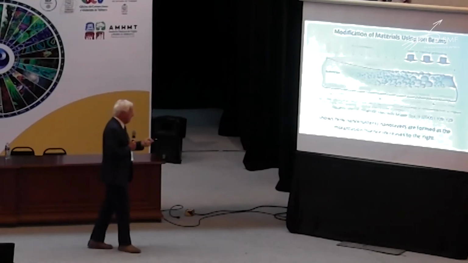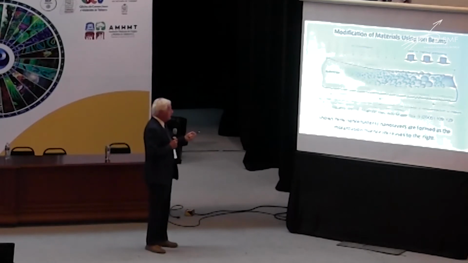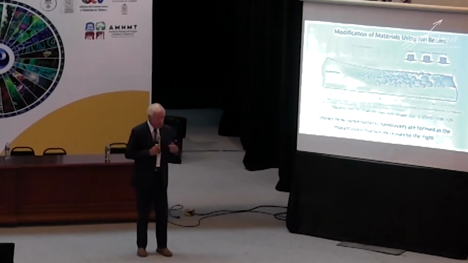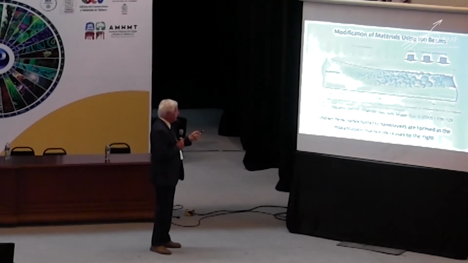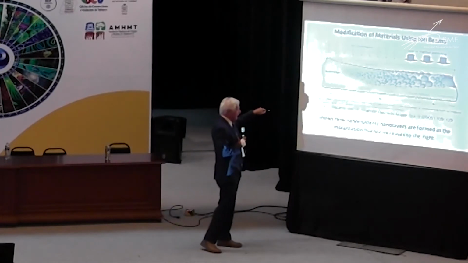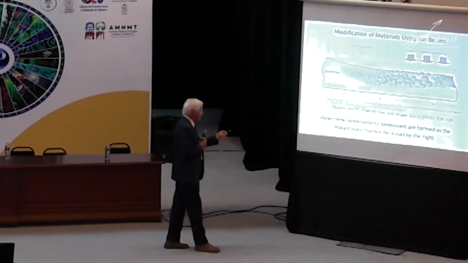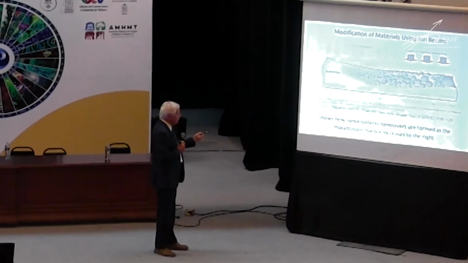So this is just a schematic of how this works. This is a substrate, say of silicon, and this is the fluence. This is the number of ions per square centimeter that are impacting on the surface of this material. You can see the surface was right here. But as we get increased fluence, you can see this arrow going across here. This is 10 to the 16 ions per square centimeter, 10 to the 17th, and so on, 10 to the 18th right there. As you get more and more ions coming in and hitting the material per square centimeter,